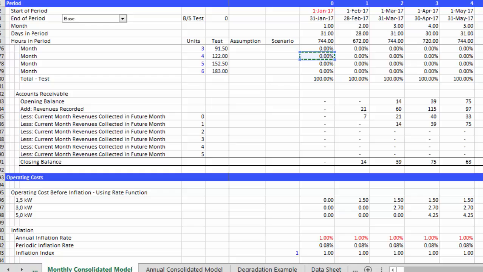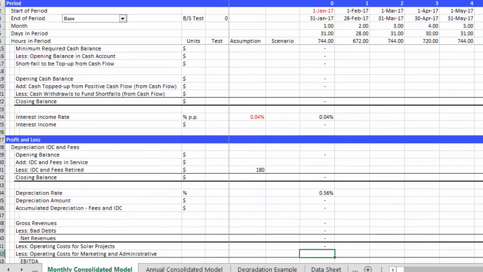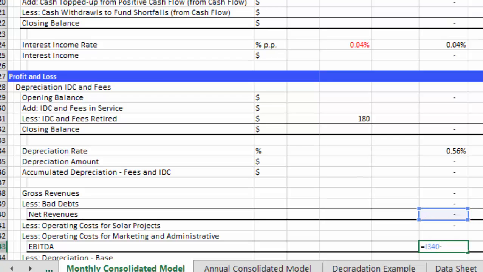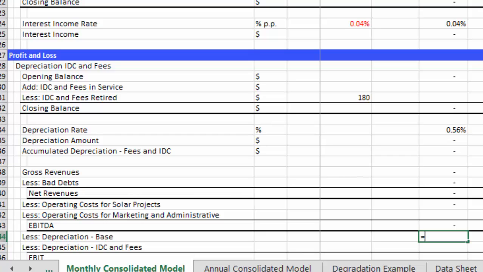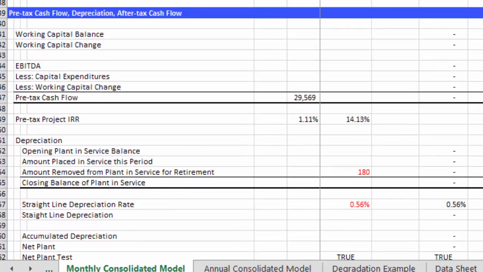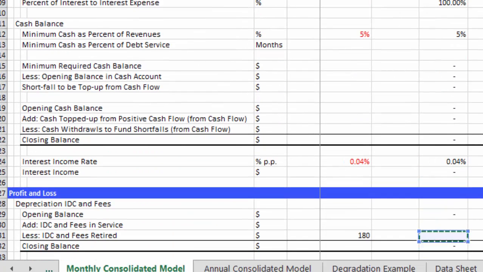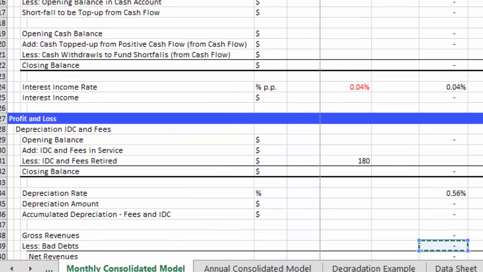And then go to the right section. This is a key thing: once you've had a very nicely organized and structured model, you should find things. Then the net revenues minus all the operating expenses, and I haven't done anything for the marketing costs yet. The depreciation was computed up here in this free cash flow section, but we couldn't really compute the depreciation on all of the plant in service. I mean, you know what I mean, the IDC and all that stuff, until we've done